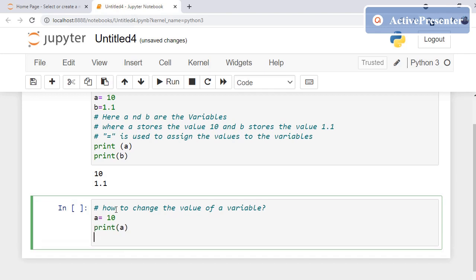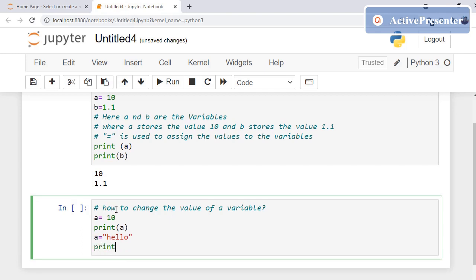After that I will change the value of a, so I'll write a equals, let's say, the string hello. Now again I will print the value of a. So here I am first storing the value 10 in the variable a and printing it. After that I am again storing a value in a, a string written as hello, and printing that again.